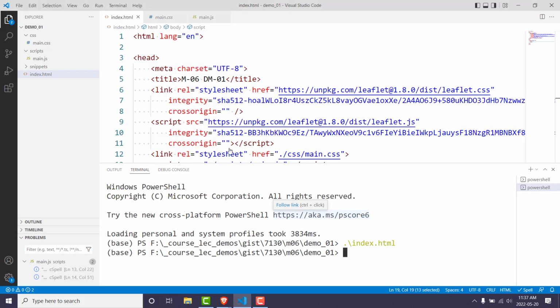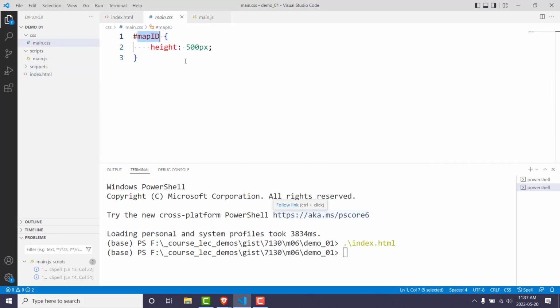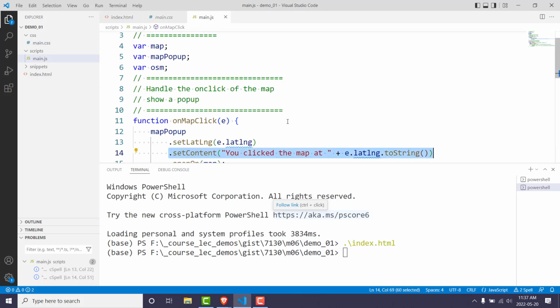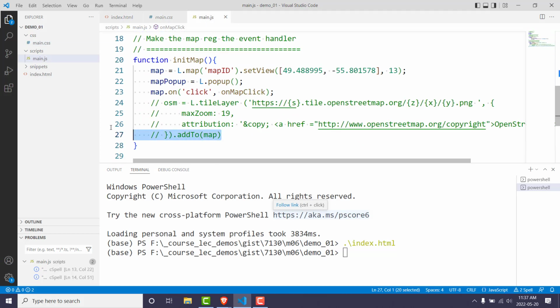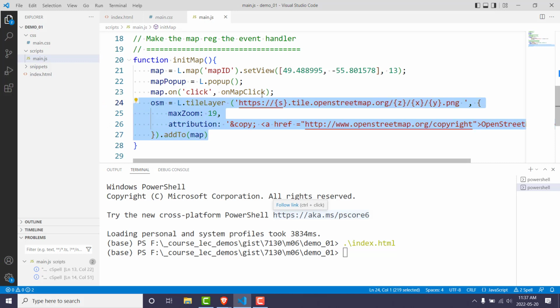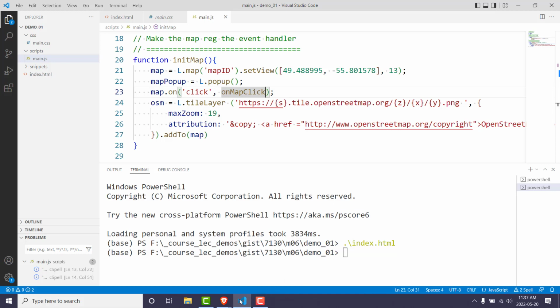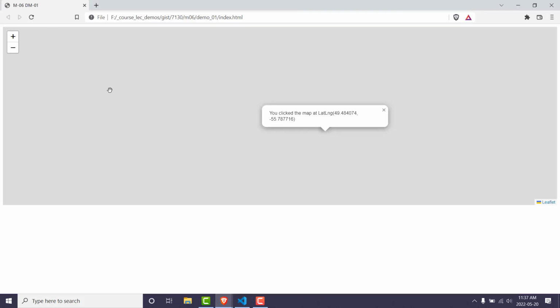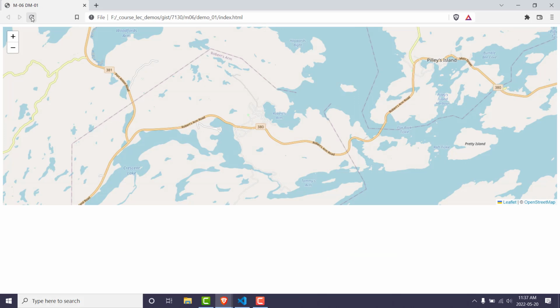So that's working, but I have no idea where I am. But technically I have a proper map that when I click on it, I get the lat long back. I just have no idea where I'm clicking in that. So I'm going to go back here, and we will go back to my main.js, and we will uncomment that layer so that we actually have a layer. So I will, there we go. Now we have this layer. I could rerun it, but I'll just bring it back over here. We'll do a refresh, and